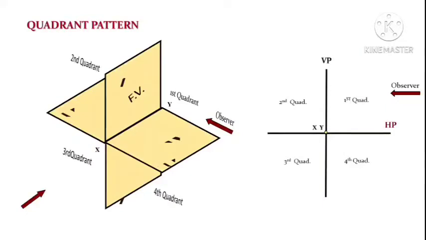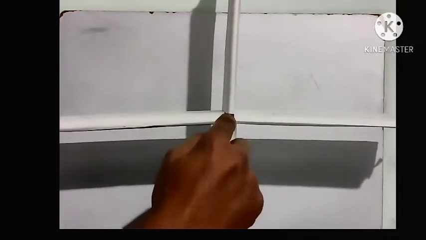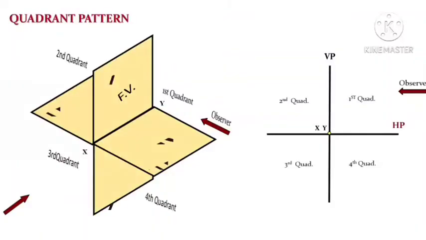For instance, I am talking about this particular line. So this is my reference line. If you see from here, the reference line is somewhere here. If you see from here, the reference line will be seen as a point. So that's why I mentioned XY on the intersection point. So this is how a 4-quadrant system is converted into a 2-dimensional quadrant system.